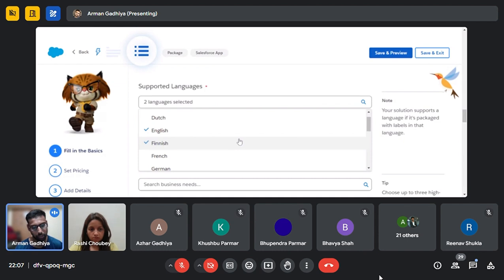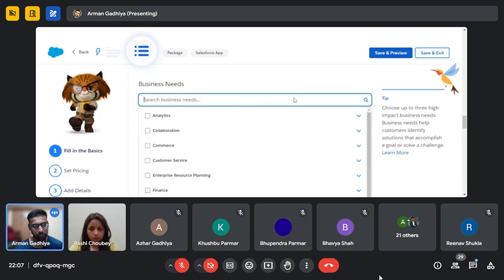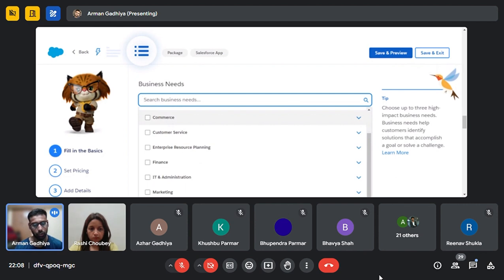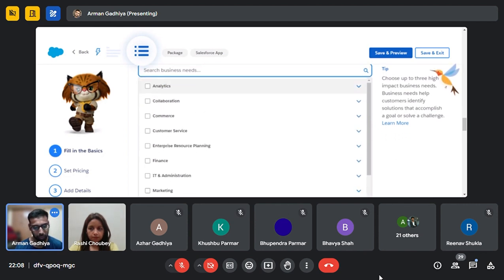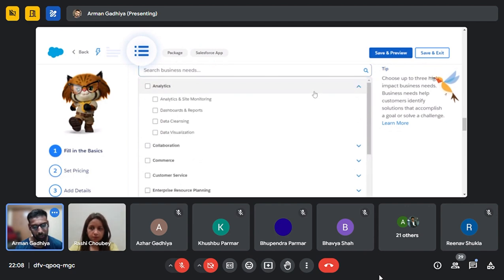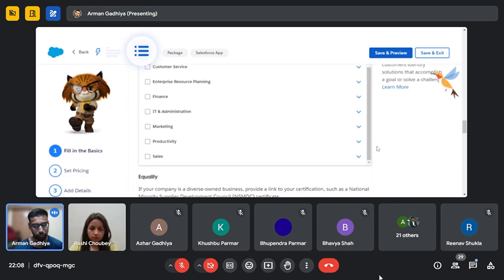Again, you can select multiple options here. And what are your business needs? As you can see, Salesforce has categorized all the business needs very well. These are categorized and subcategorized by tabbing, so you can just select what kind of industry you are following.